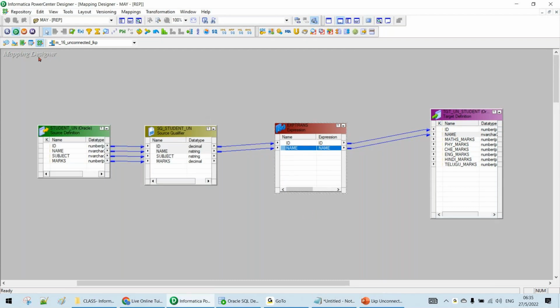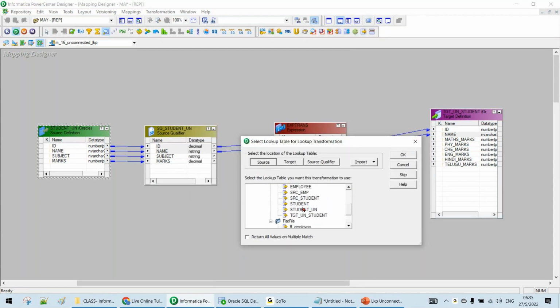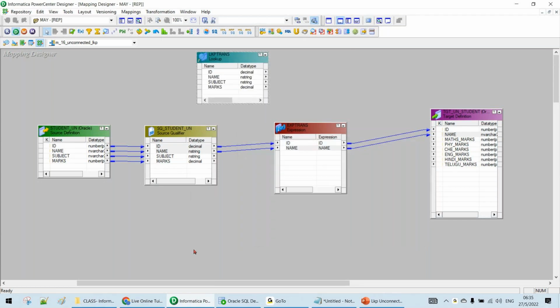Now here what I'm trying to do, this is my source table. I'm going to place a lookup here on my source table. What is your source table? Student table. See, let me complete this exercise, you will understand. So here, based on id equal to id we have to check, and based on subject equal to subject,